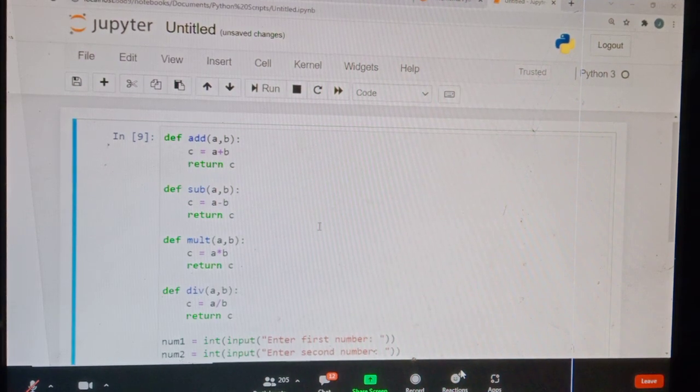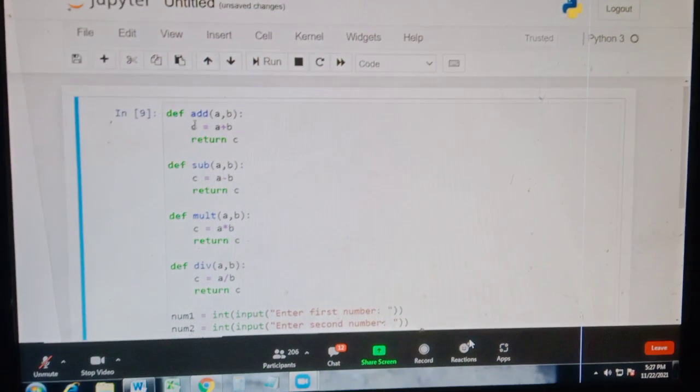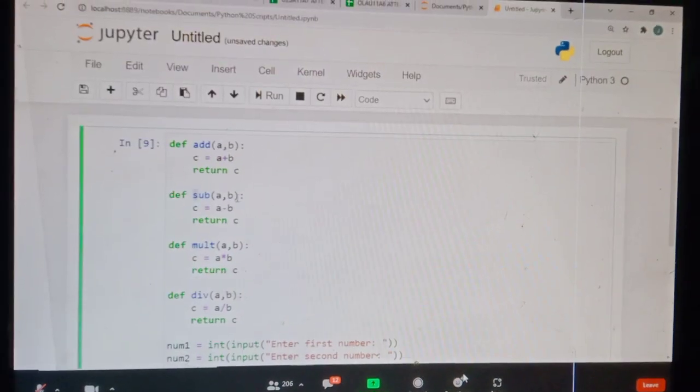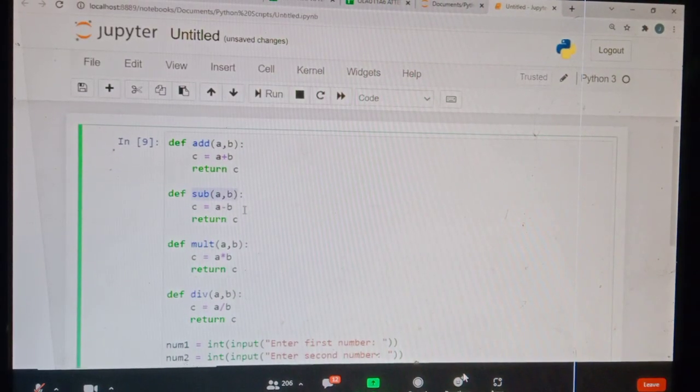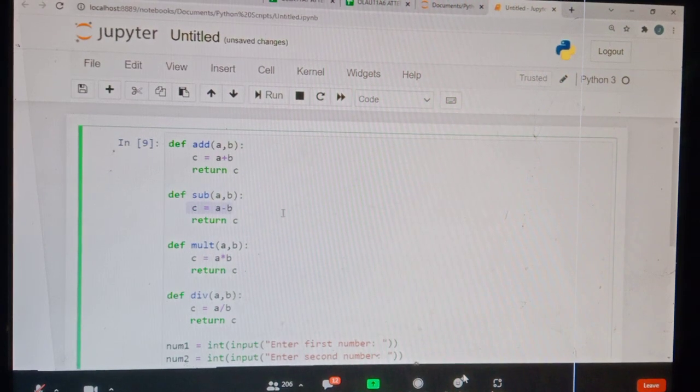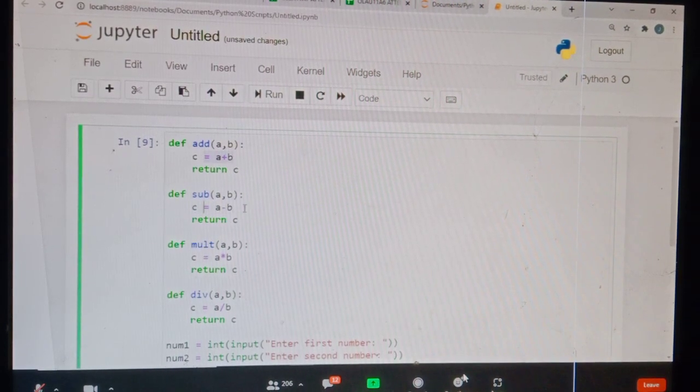Ibig sabihin, every time na mag-add ka, magsusubtract, mag-multiply, mag-divide on your program, kahit ito na lang yung function na gagamitan mo. So, i-call mo na lang yung function, then automatic na yan. Hindi mo na kailangan pa mag-create ng formula for adding, for subtraction, for multiplication, and for division. Ang tatawagin mo na lang is yung mismong function. Okay? So, after nyan,